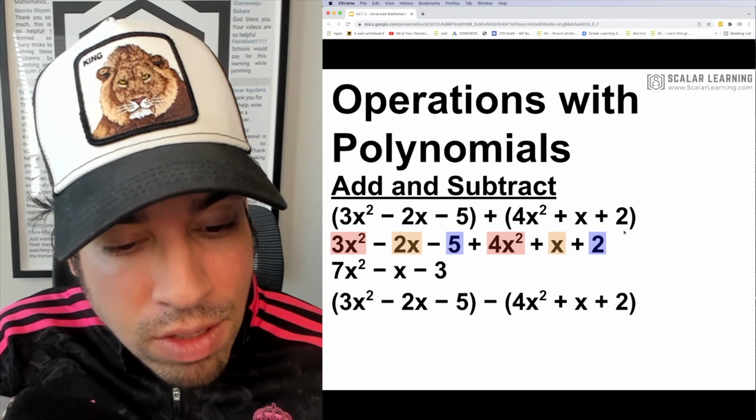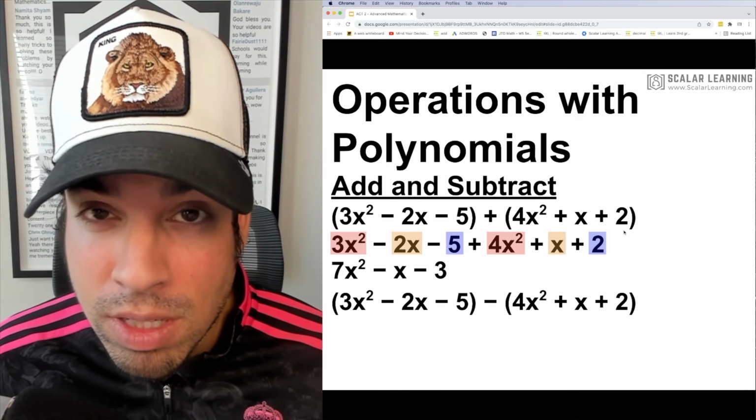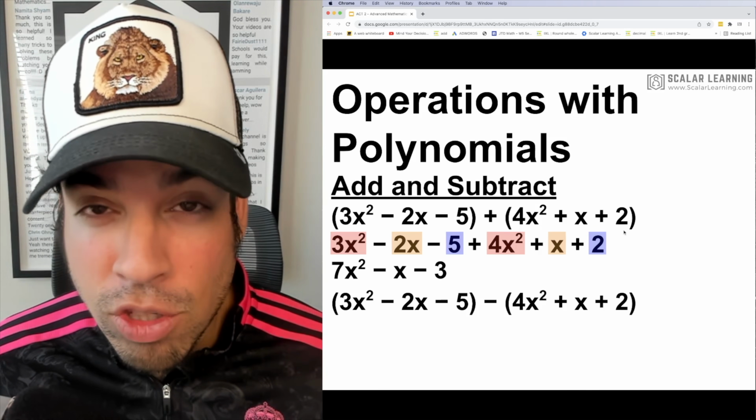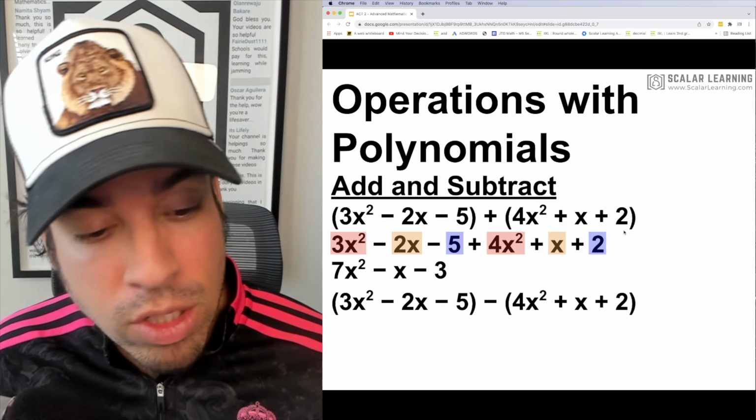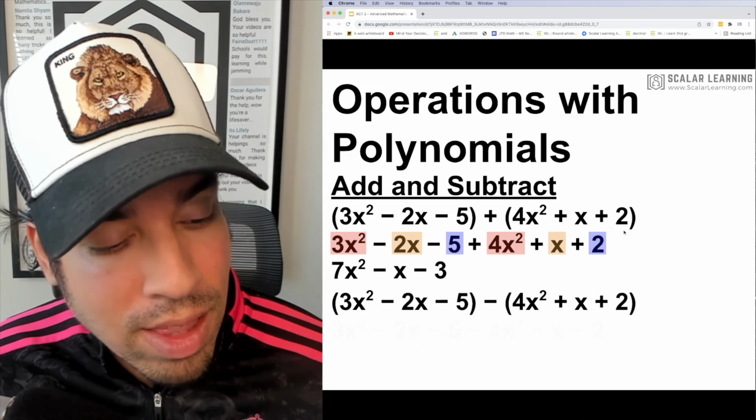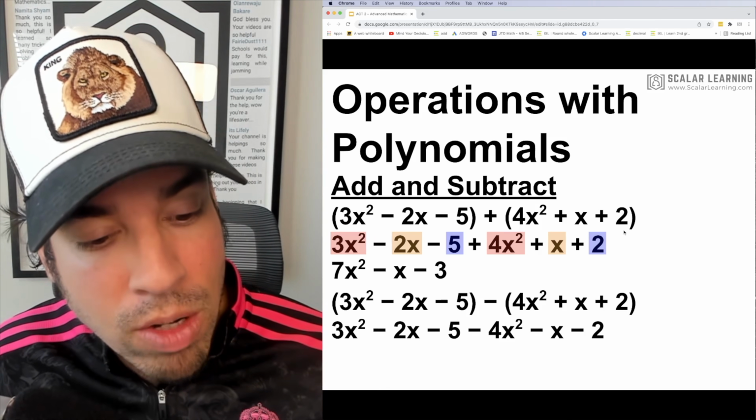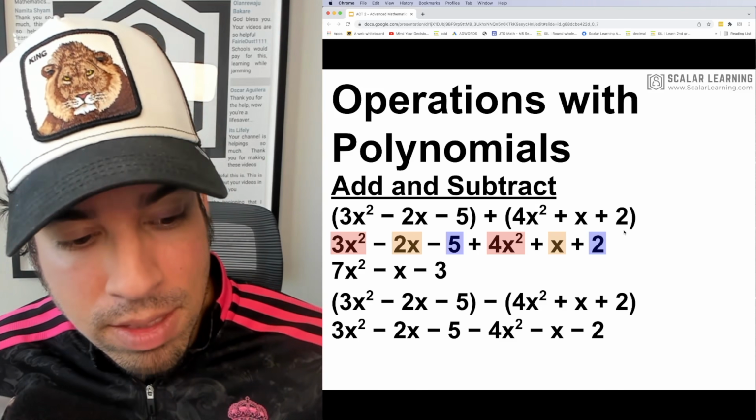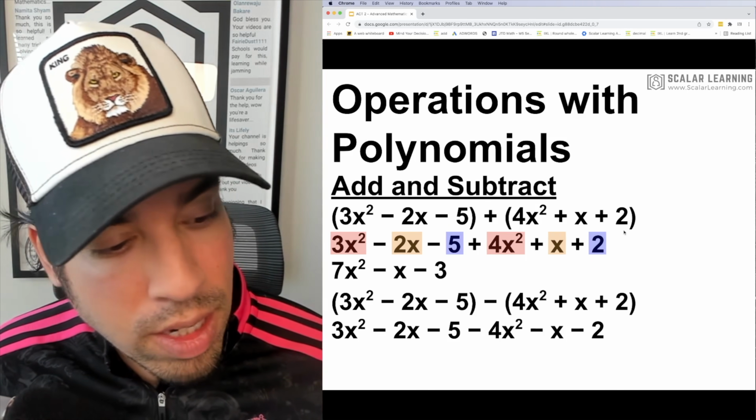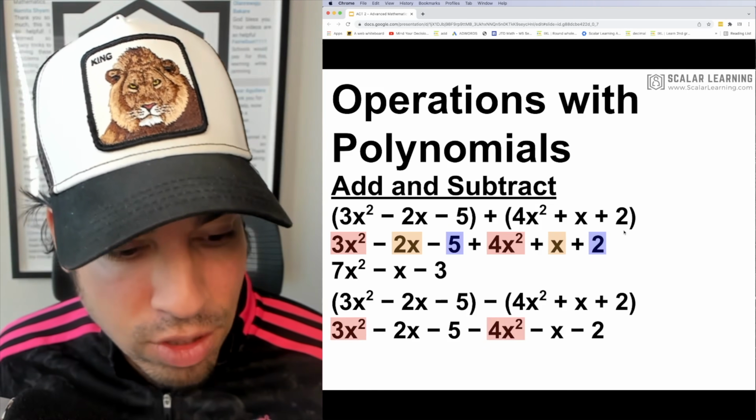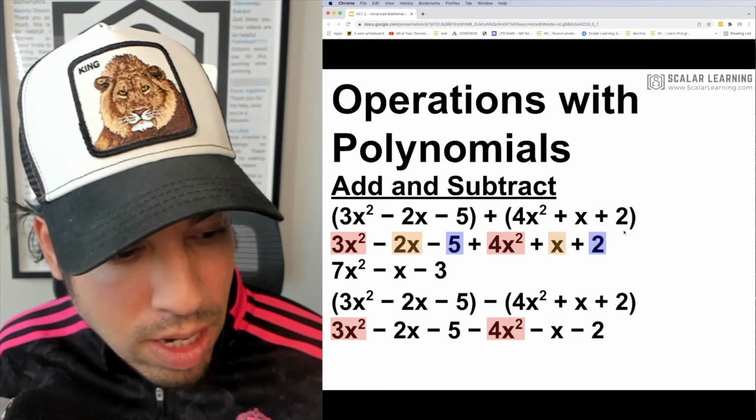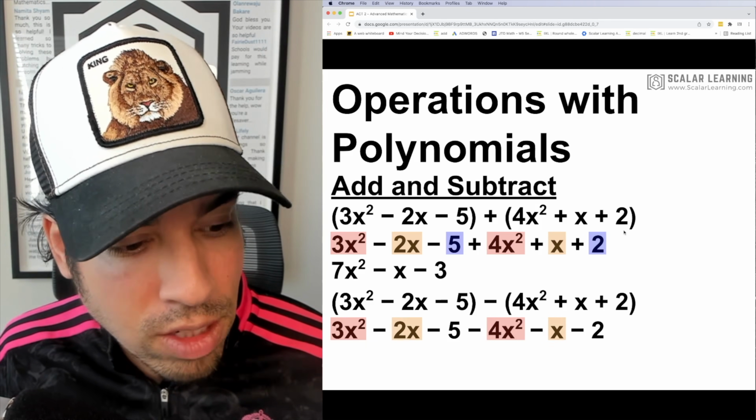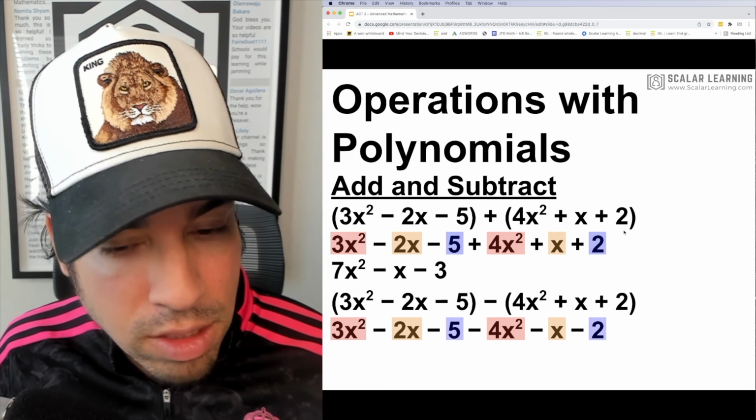Now we have a minus in front of the second polynomial. This is a different scenario because now we have to distribute that minus to every term on the right. So check this out. The left term stays the same, but the right term now it's minus 4x squared, minus x, minus 2. So once again, we're going to combine those guys, the x squareds, and it's a negative 4x squared now. We're going to combine the x's, and they're both negative, and then the constants, which again are both